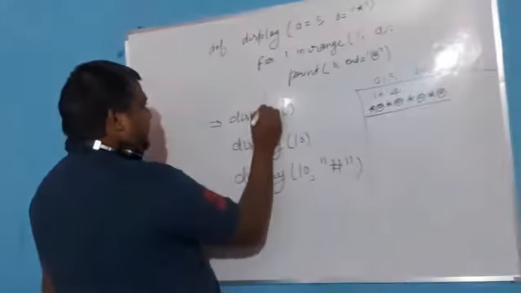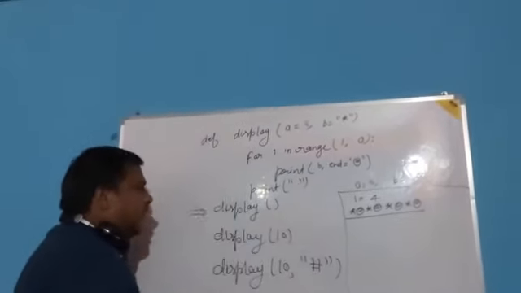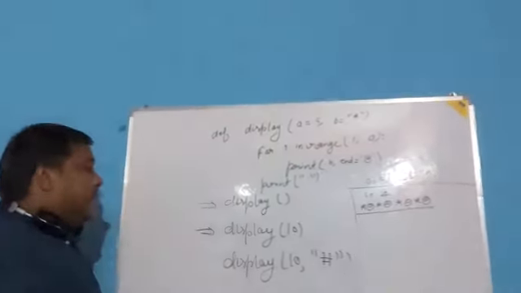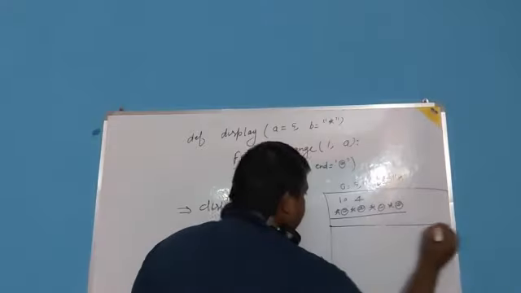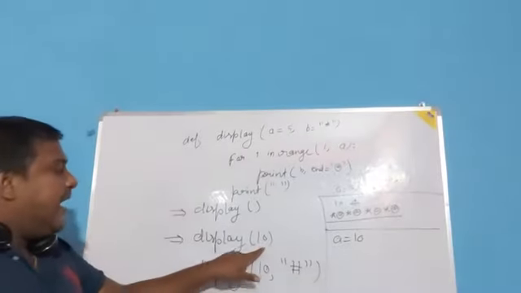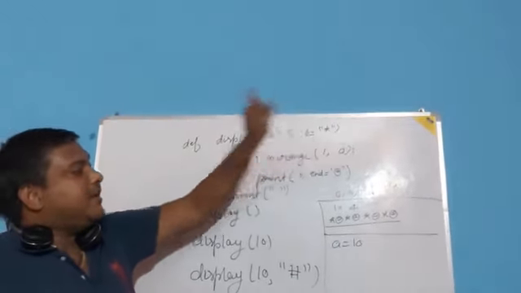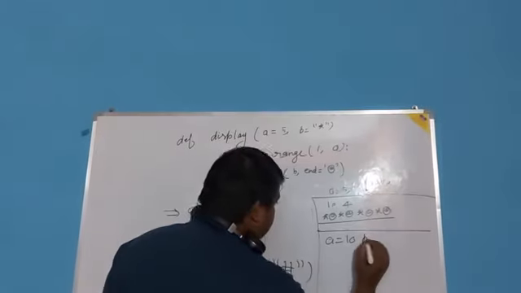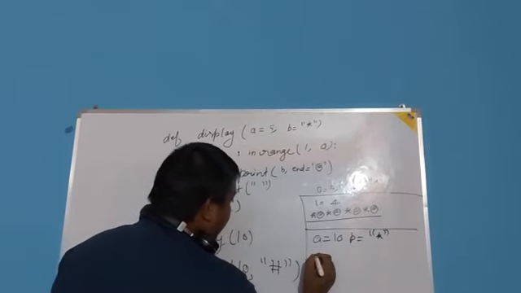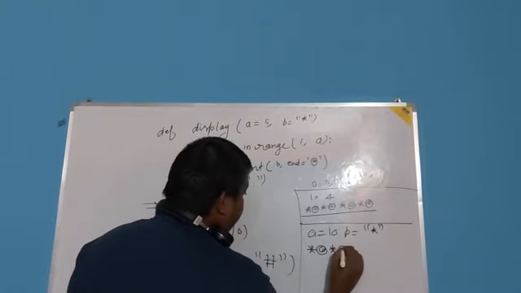And suppose it is written here again print only this much. So the line will change. Now for the other line, the value of a will become 10 because one parameter is passed, and this parameter will change the value of a, and the value of b will still remain asterisk. So b is equal to asterisk. Now what output will come? 10 times this output will come, asterisk at the rate, asterisk at the rate.